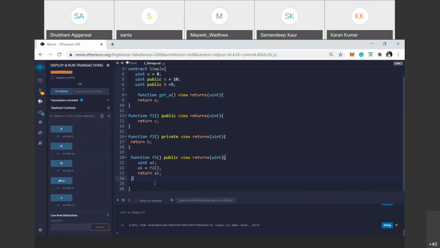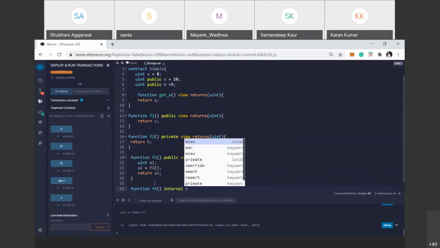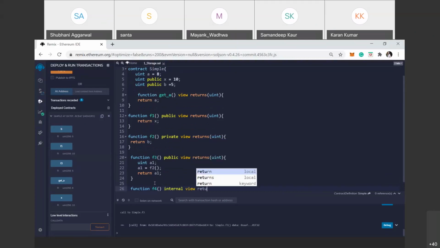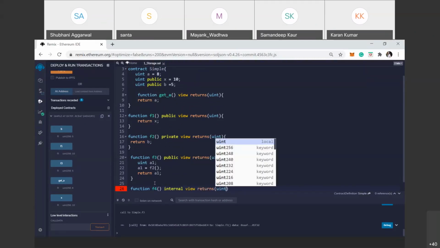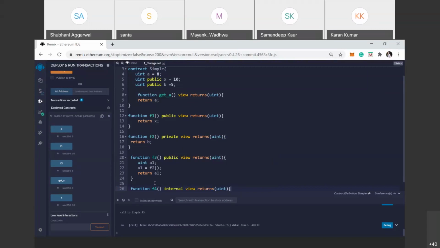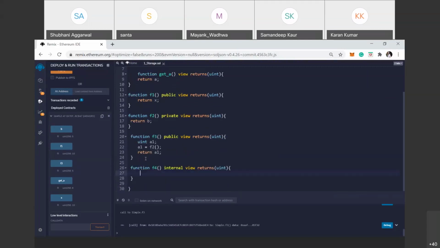Now we discuss internal functions. One more function we will declare, function f4, which is internal in nature. Internal view returns uint, so it returns something, x.